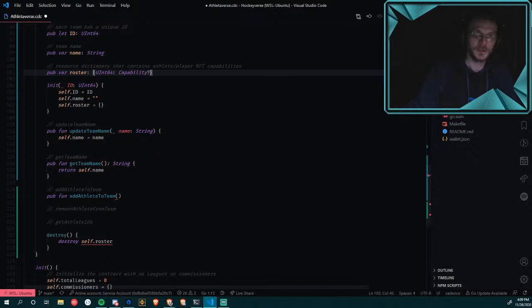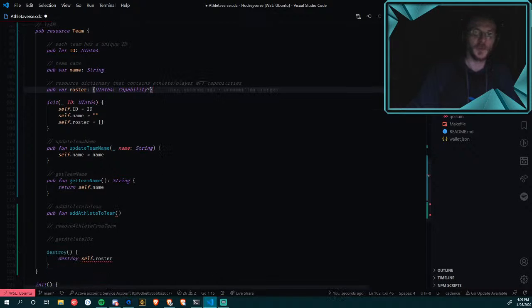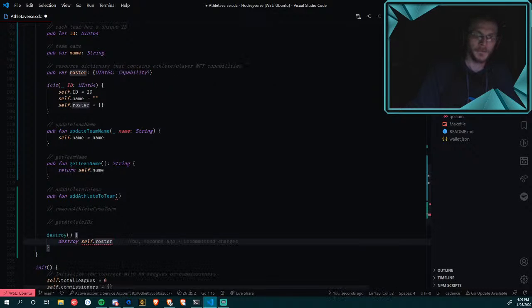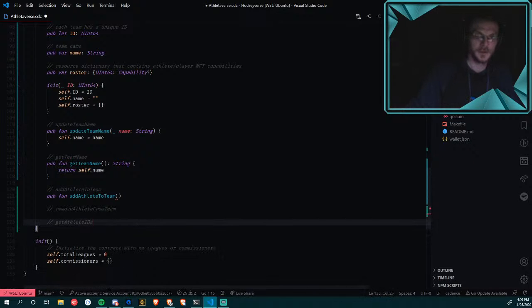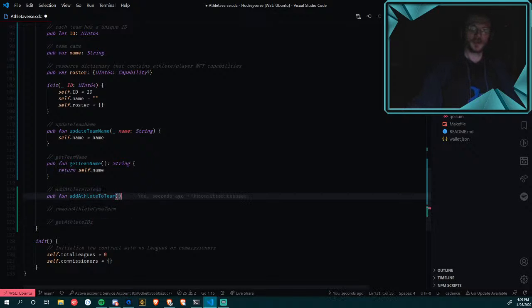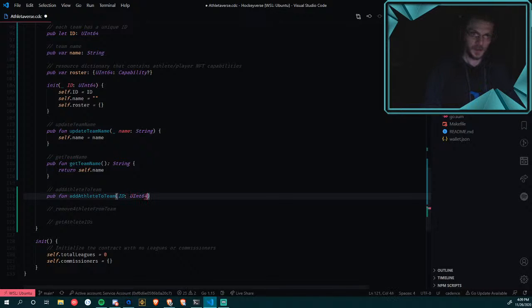But it should be a way for this team to then do something, like call some methods on the athlete or player NFT that belongs to it. So we don't need this anymore because it doesn't contain a resource. Now we just need to pass, like we did up top, athlete ID and the capability.